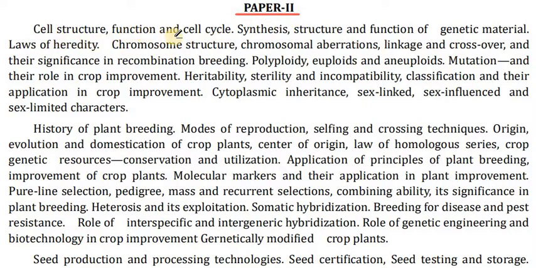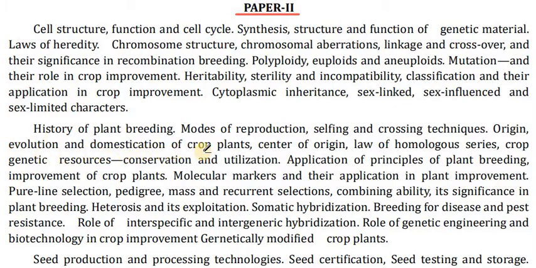The cell structure, function of the cell type, synthesis, structure and function of genetic material, law of heredity, chromosome structure, chromosomal aberrations, linkages and crossover, and their significance in recombination, breeding, polyploidy, euploids and aneuploids, mutation, and their role in crop improvement, heritability, sterility and incompatibility, classification and their applications in crop improvement, cytoplasmic inheritance, sex-linked, sex-influenced and sex-limited characters, history of plant breeding, modes of reproduction, selfing and crossing techniques,